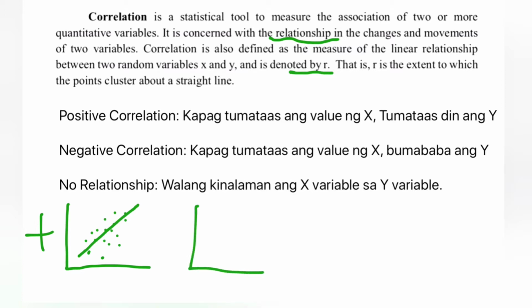Kapag tumataas ang value ng x, bumababa ang y. So, negative, ganito naman siya. Ayan yung negative. Tumataas yung value ng x, siya namang pagbaba ni y. Dito, habang tumataas yung value ng ating x, tumataas din yung y sa positive. Ito ay kay negative. Pag no relationship naman, ibig sabihin lang na walang kinalaman ng x variable sa y variable. Okay? Ibig sabihin walang kinalaman at all sa isa't isa yung mga